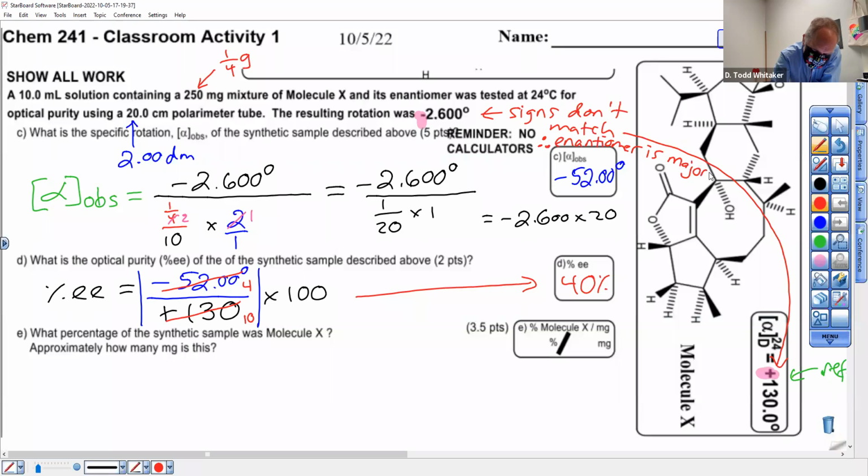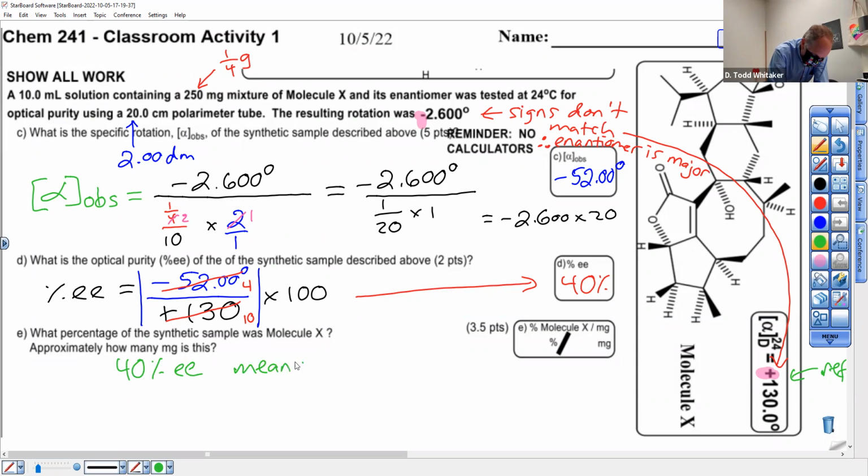If they matched, then molecule X was major. Good to know. We have 40% more enantiomer than we do molecule X. And let's break it down. 40% EE